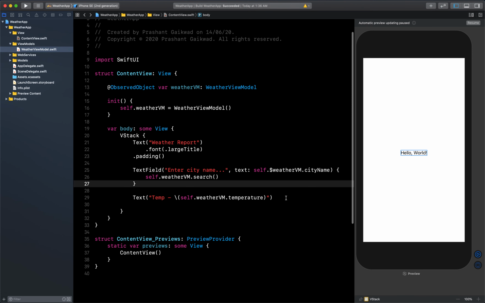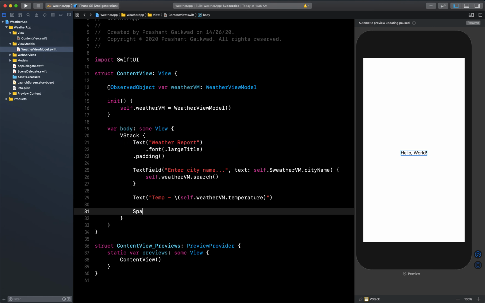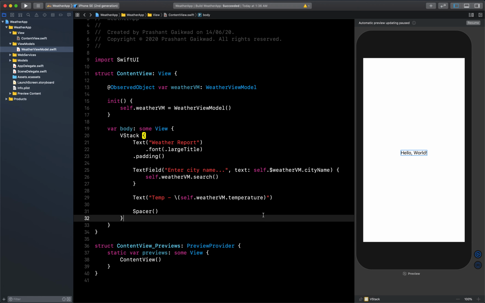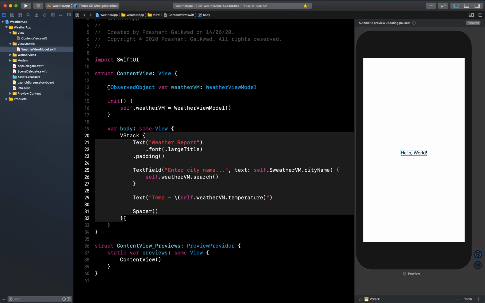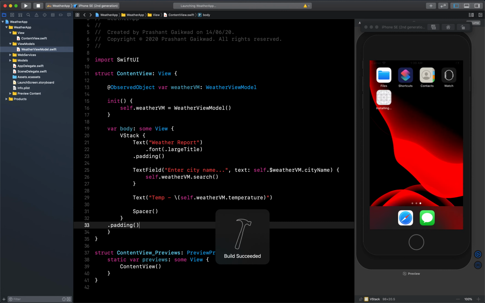Okay, so we have added that also. Now let me add some spacing at the end, and now we can just add complete padding for our VStack. Okay, and let's now run and see if it's working or not.